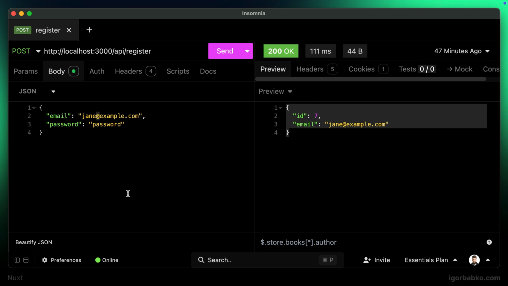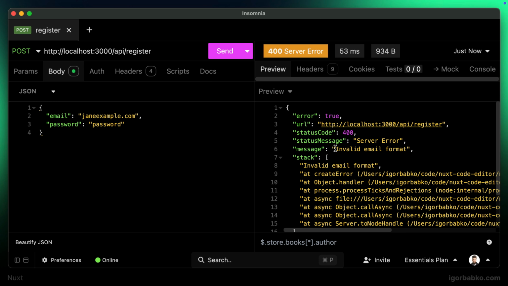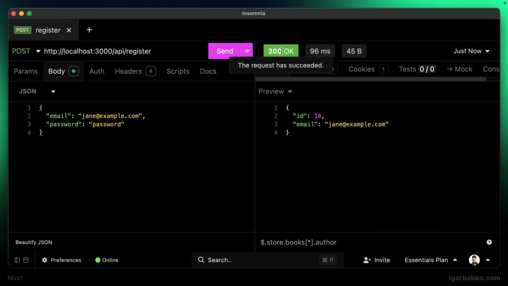I'm going to submit a request with the wrong email address. Let's say I'm gonna remove this @ sign and submit this request. We're about to receive a validation error which says invalid email format. And of course, if I'm going to provide a valid email address and submit this request, this time the user